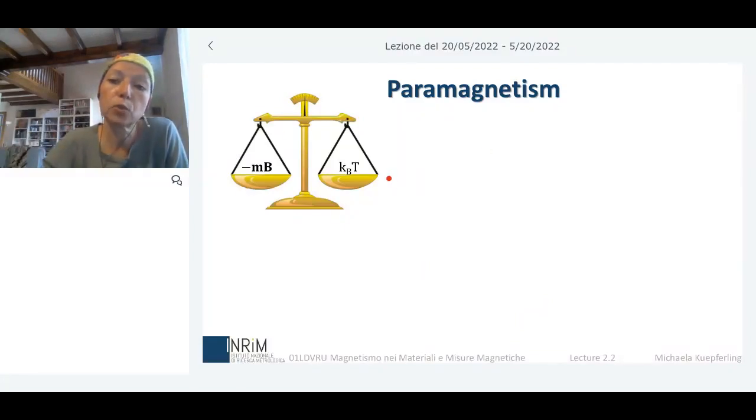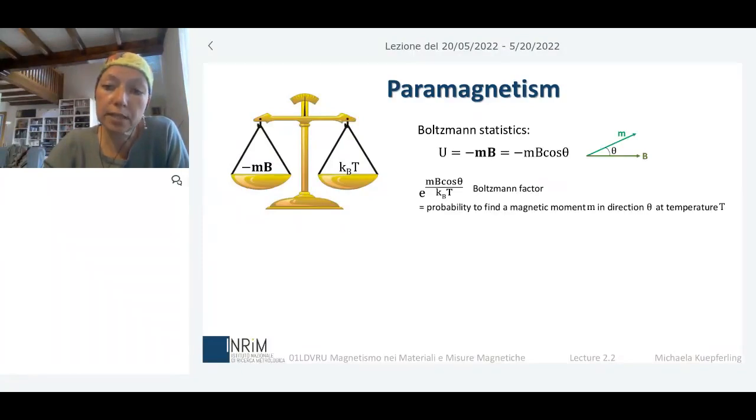So you have to do an energy balance. And this energy balance we can do if we consider Boltzmann statistics. So our Zeeman energy in this way with a certain angle between the magnetic moment and the magnetic field. And the Boltzmann factor describes the probability to find a magnetic moment in this certain direction at a certain temperature